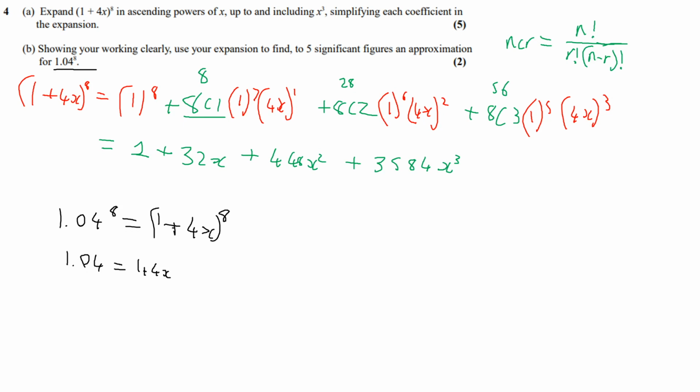And then we eliminate the 1s, so 0.04 is equal to 4x. And so x is equal to 0.01. Now let's sub in 0.01. So 1.04 to the 8 is roughly equal to 1 plus 32 times 0.01 plus 448 times 0.01 squared,